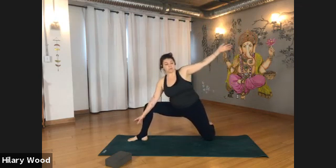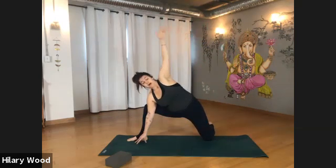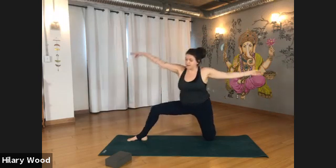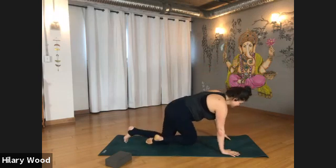We're going to lean the right hand down towards the floor or even onto a block, sweeping the left arm up and maybe even over top of the head. No stress or strain. Relax the muscles in the back of the neck. Give a little lift through the chest. Peek down to the right foot. Inhale, come on up. And then stepping or turning back onto the mat, coming onto your hands and your knees